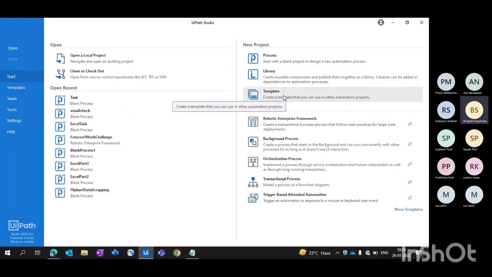Apart from process, library, and template, the template option lets you design your own template for your organization, a kind of basic version of development. So if some assignment is given to you, or you have to automate something, a combination of different automations like Excel, email, web automations, a complex project,